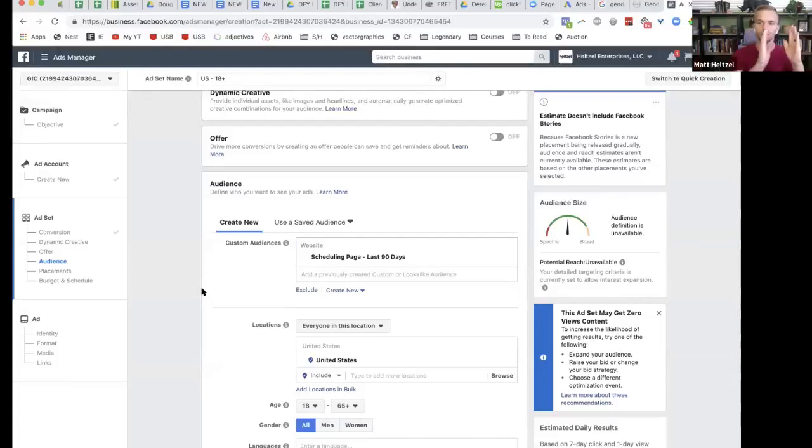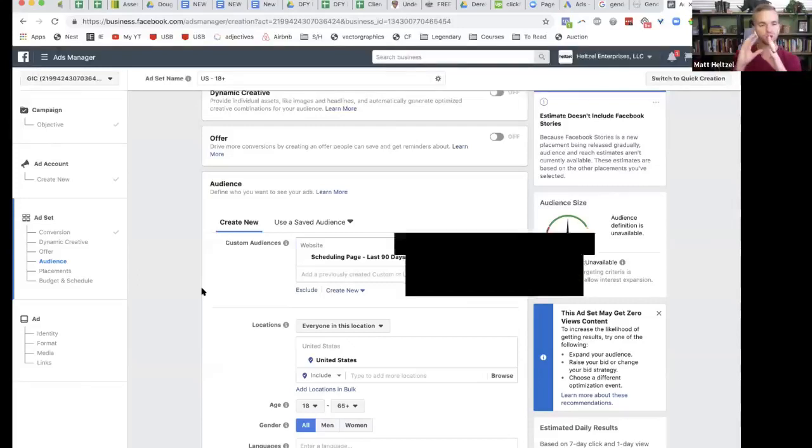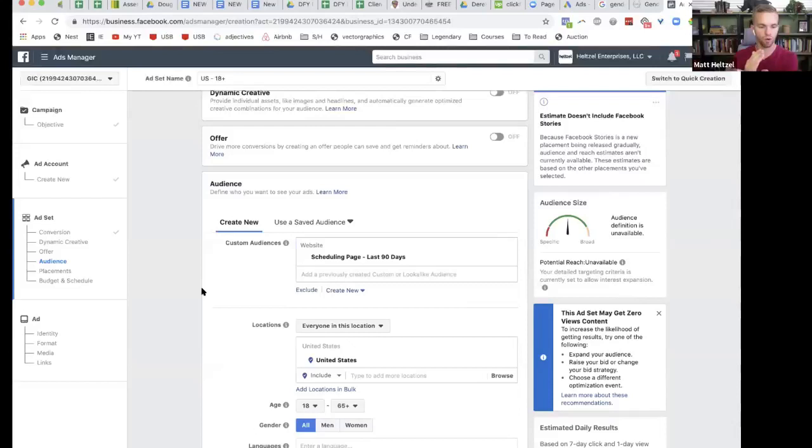I took, with my Facebook pixel that I installed on my website, anyone who's been on the scheduling page, I created a custom audience, and now I can run ads just to those people. That's how, when you click on somebody's ad and go halfway through their funnel, you start seeing ads all over your Facebook and Instagram for that person. This is exactly what they're doing.